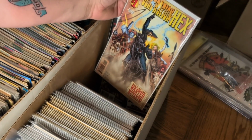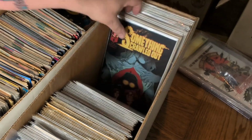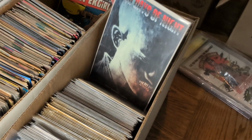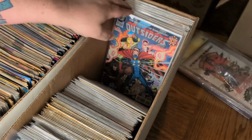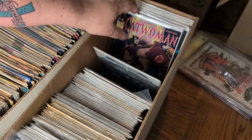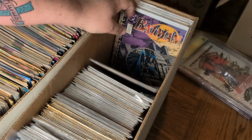That's when they did the Amalgam books. Superman, Captain America, Something Crawled Out. Wildcats, 30 Days of Night. Is this one of the original series? I'm going to have to look that up. Something Crawled Out again. Wildcats, Superman, Adventure, Outsiders, Animal Man, World of Krypton, An Lonely Place to Die, and a good miniseries